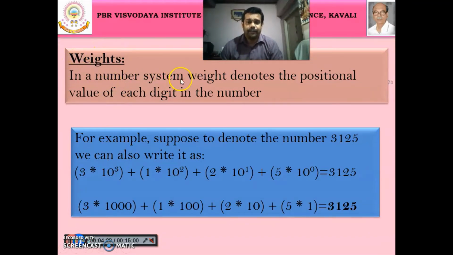Now we are going to see what weight is. In a number system, weight denotes the positional value of each digit in a number. It is the positional weight of each digit in the number. Now we are taking this value